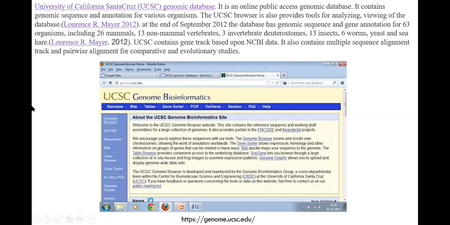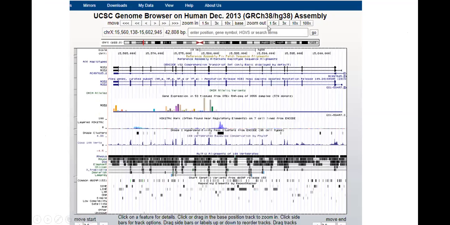For example, if you search for the human genome in the database, I'm looking at the human genome assembly in the UCSC Genome Browser. In this specific assembly, I'm looking at human chromosome X. I'm starting at a sequence location, going into the start and end location, spanning a space of 42,808 base pairs of DNA within that location. When you zoom in, you go into the sequences specifically, and zoom in more.